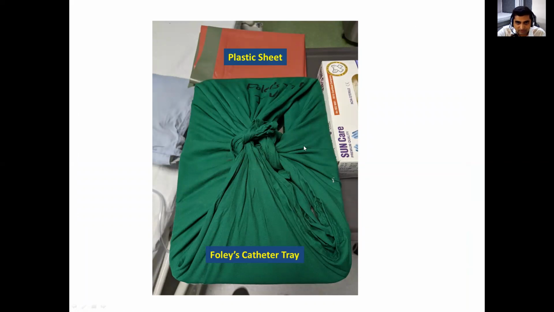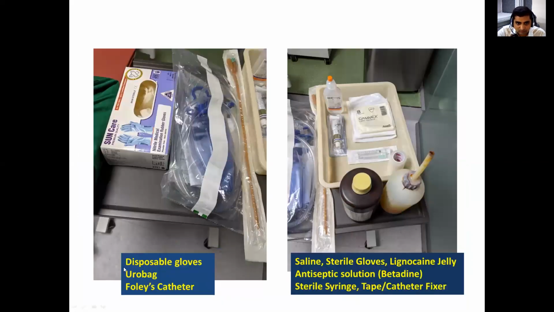Inside there would be sterile equipment, which I will be showing in subsequent slides. This is the plastic sheet to place under the genitalia of the patient to prevent soakage of the patient's clothes and bed sheets. And another thing in the catheter insertion kit is disposable gloves